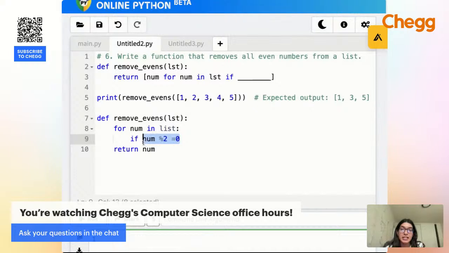But what we want to do is make sure that we remove them. So we want the list to contain all the numbers that do not have a remainder of 0. If that doesn't make sense, make sure you type it in the chat so I can help explain it even more. But since we're going through every number in the list, dividing it by 2, and seeing if the remainder is 1 or 0, we want our list to contain everything that has a remainder of 1 because we want it to contain all of the odd numbers. So if we convert that into our list comprehension over here,